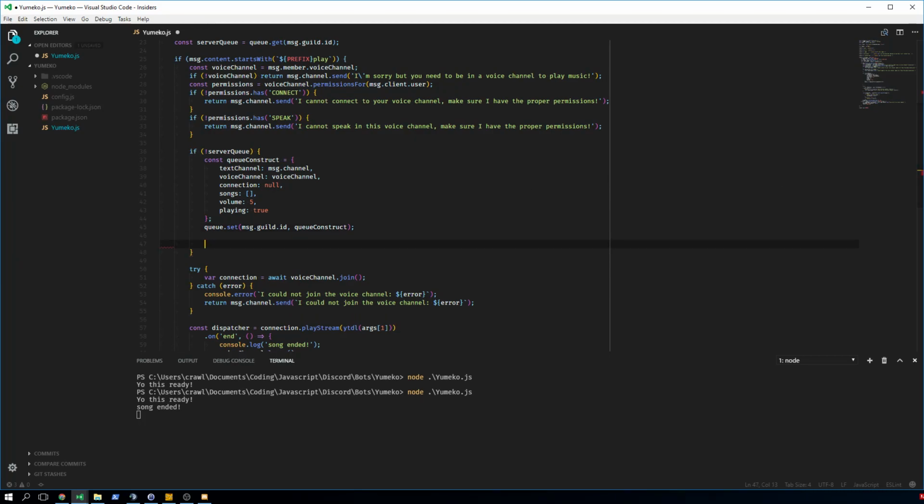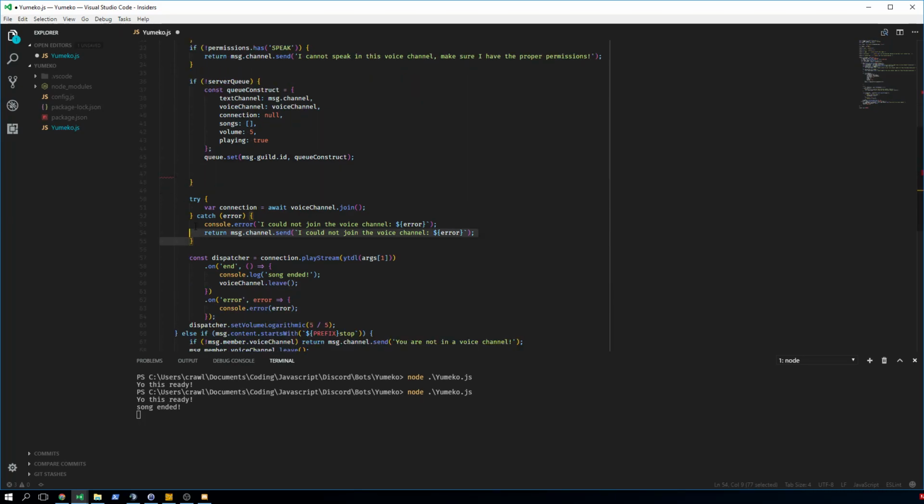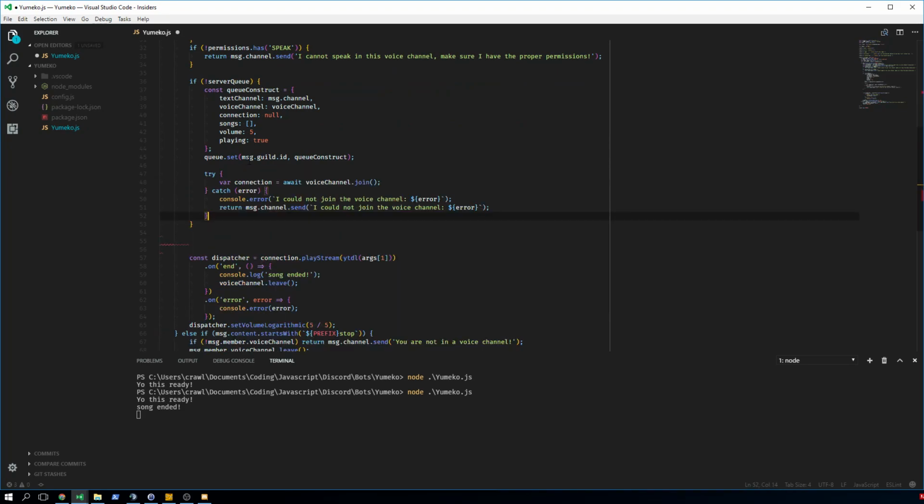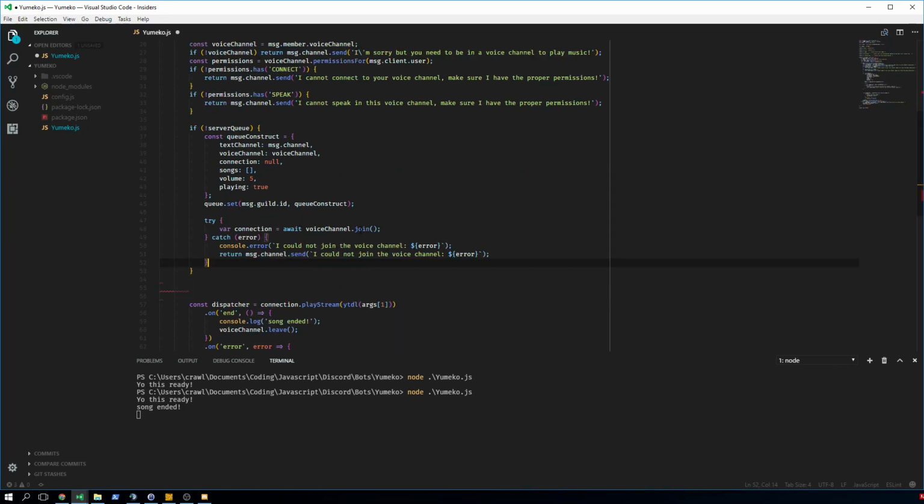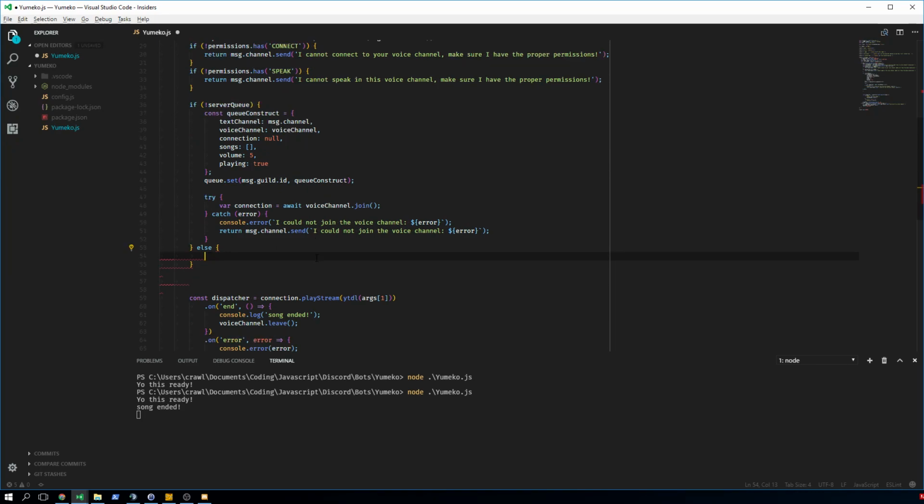Now the next thing we need to do is copy this and grab it in here, because we only want to join the voice channel if we don't have a server queue. If we already have a server queue, we don't need to join the voice channel again, so we don't need to attempt this anymore. And after we're done with that, we're going to have an else block here, because if there is already something, what we need to do is